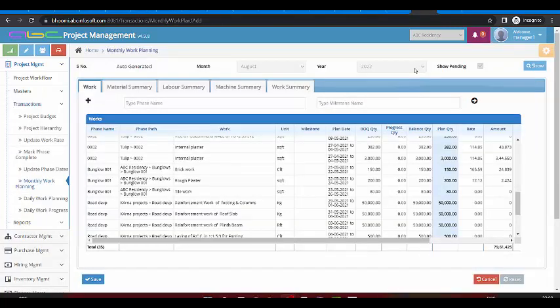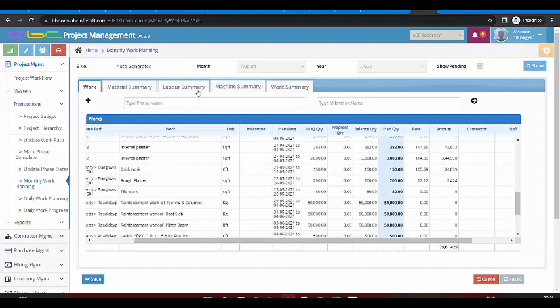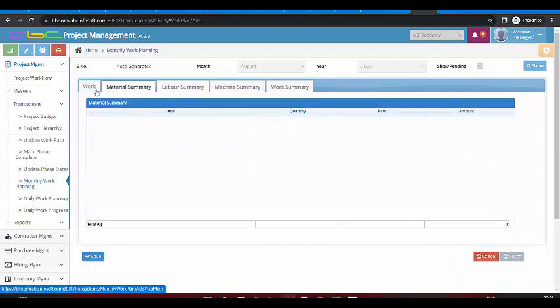After doing the project hierarchy and attaching the BOQ with the hierarchy, the next part is the monthly planning. While working with the monthly planning, we can select multiple activities and their BOQ quantities will come. We can plan for a quantity, their rates can be defined, and it will show me the entire material.